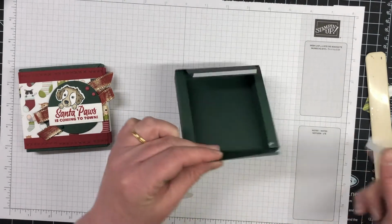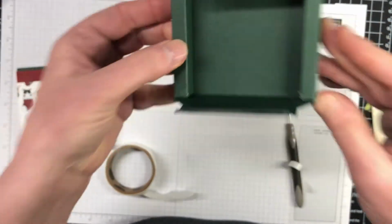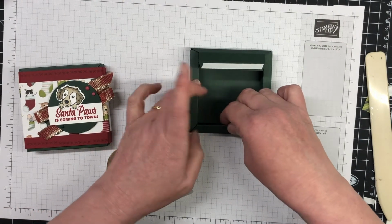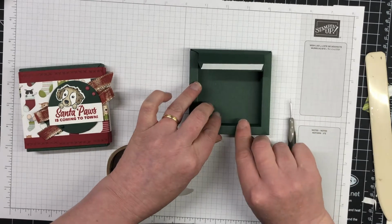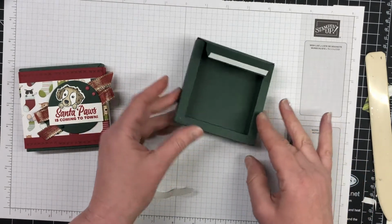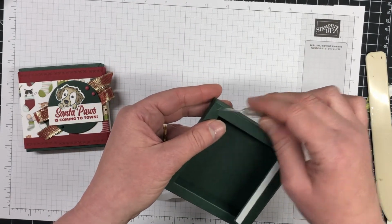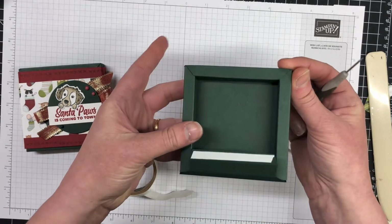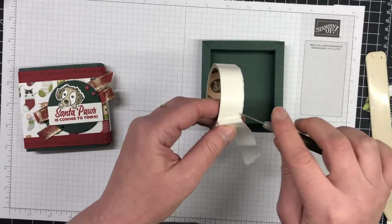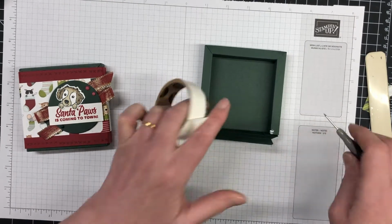And we're going to do the same on both sides. So take the sticky strip off, tear and tape off, so it's right on the very edge. I'm going to roll that in to the side of the box, right into the corner, and then roll it forward. And if any of that little glue dot is visible, you can just use your pokey tool to stick that back in underneath, and it really gives it a really nice cornered edge. It's just beautiful. So we're doing the same on the other side, a little glue dot on each corner,